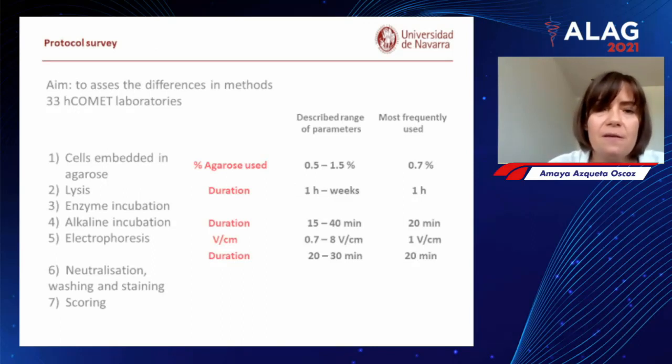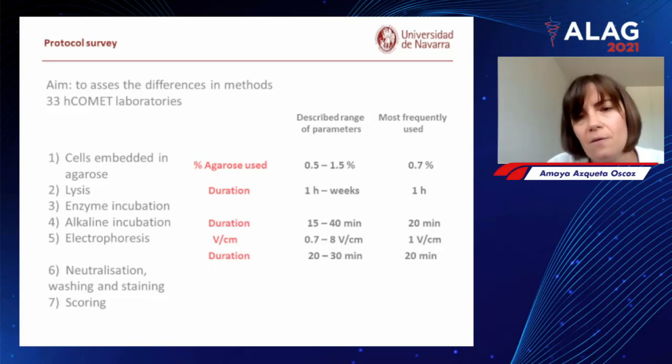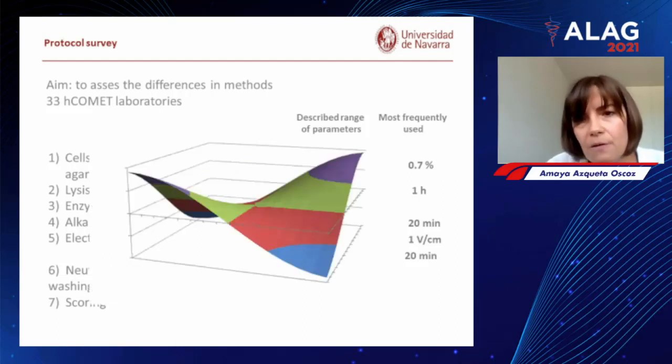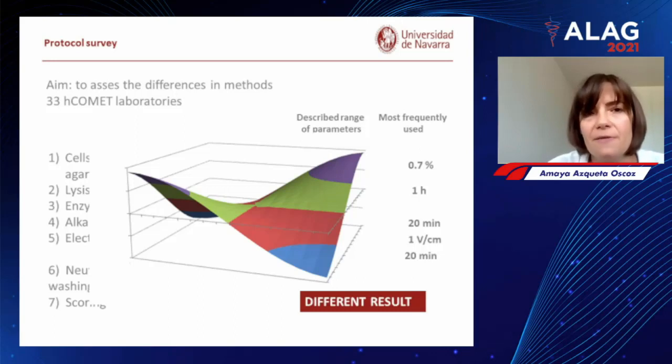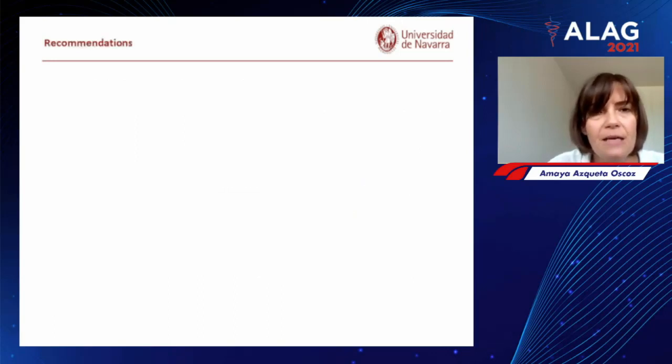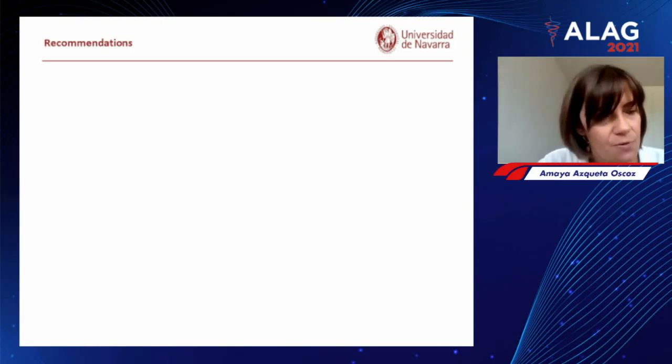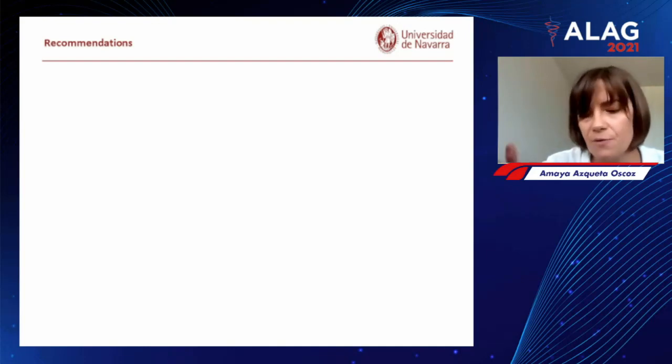So if we go back to this slide where we can see all the different methods used in hCOMET, even when some of the parameters can compensate for others, I think we will obtain very different results. So to finalize, I'm going to give you some recommendations for the good performance of the Comet assay, also to decrease the intra-laboratory variation, and also to be able to compare our results with results from other laboratories or other